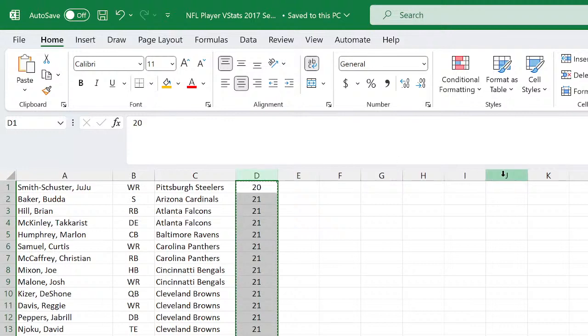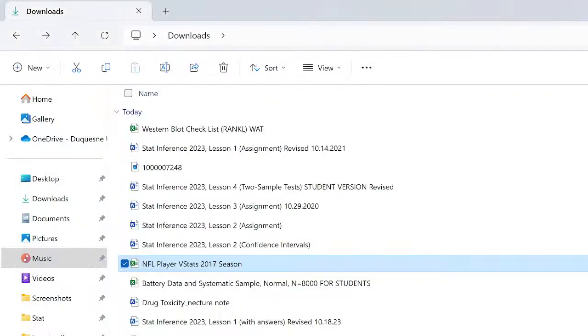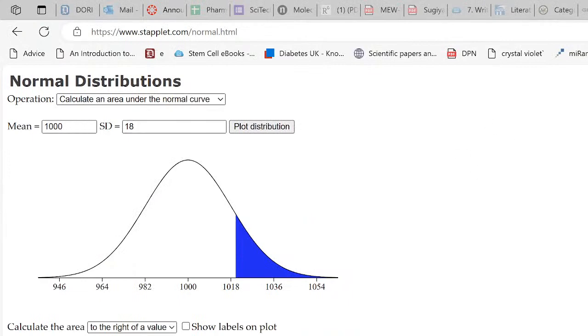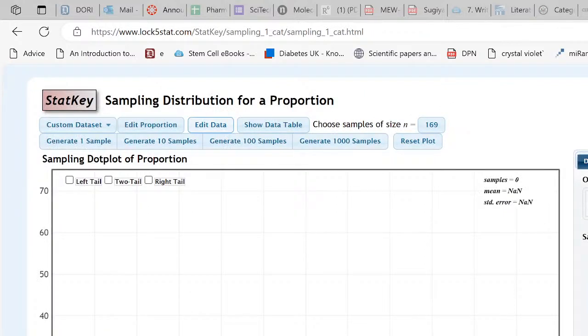So, okay, let's go edit the data. Let's get rid of my battery data, all 8,000 of them, and replace them with the football players. Oh, you're going to love this distribution. What do you think the distribution's going to look like in football? I'm not a big football fan, just to be clear, but I imagine it would be skewed to younger ages, centered around mid-20s, but skewed in which direction?